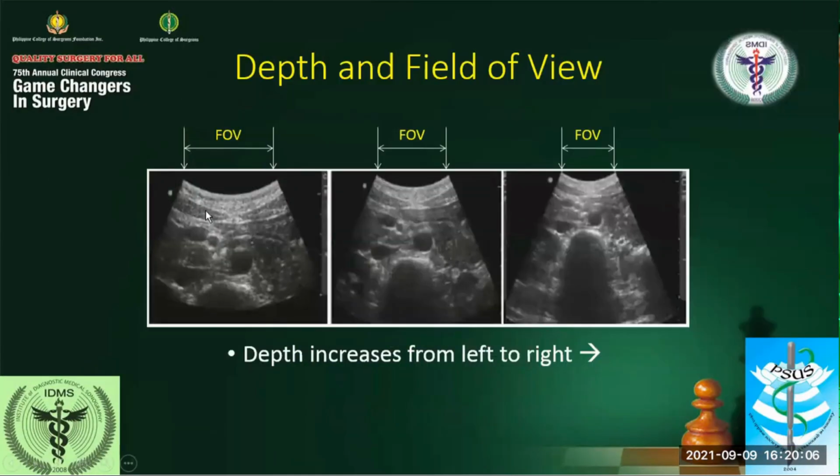Now in this example, the depth setting is changed. As you'll notice, the field of view appears to vary with the depth. Again, physically, the field of view does not change. This is the size of the transducer, while the depth, usually in centimeters, changes. So here you have the same image. On the left is a shallow setting and it goes deeper.